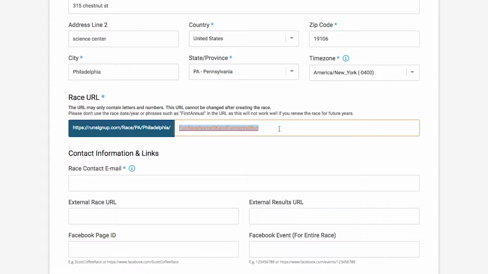It will not let you pick the same URL as someone else. It will tell you this is already taken. Normally, I don't suggest changing this very much. Yeah, you like your URL and you want to keep it, but keep in mind this is the stock URL